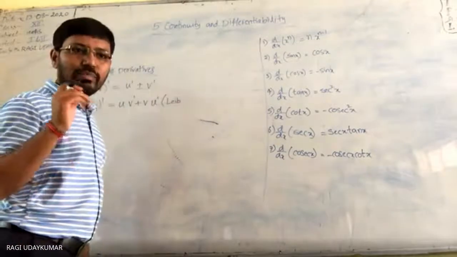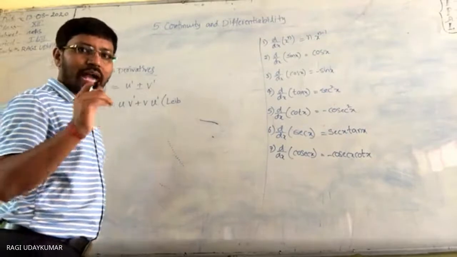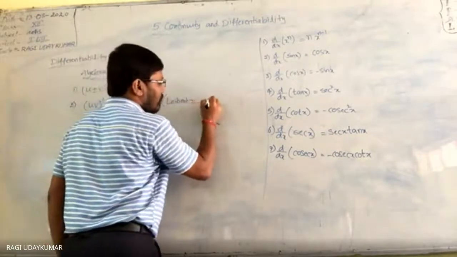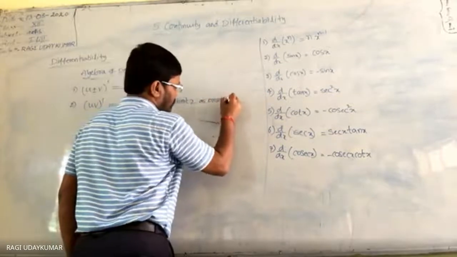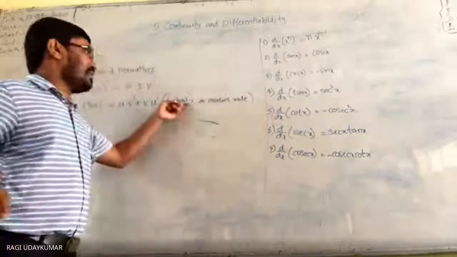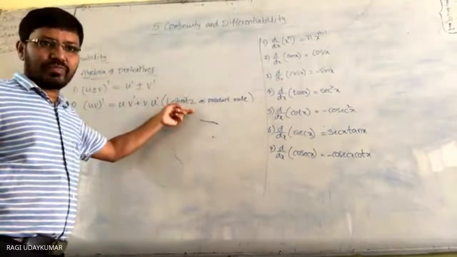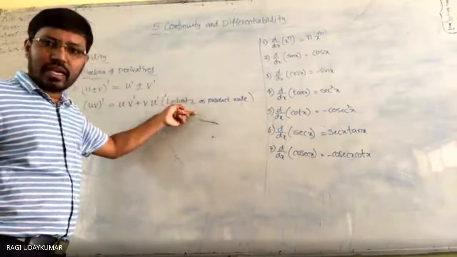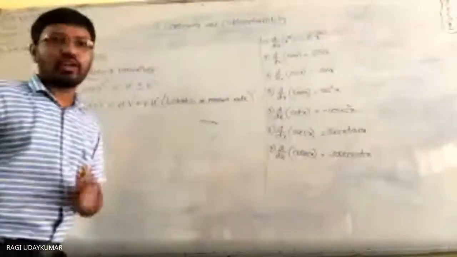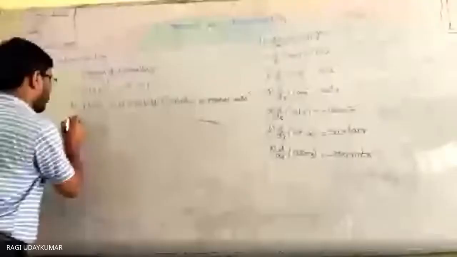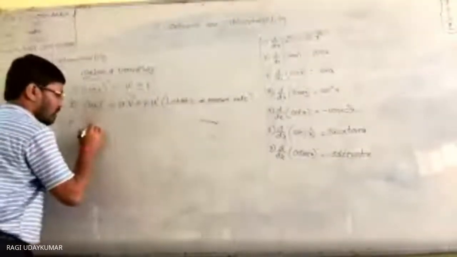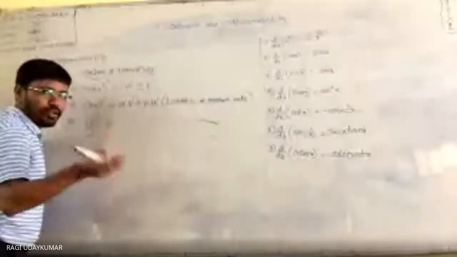What is called the product rule or Leibniz rule on product. It is named after the mathematician Leibniz, so you can say Leibniz rule, or usually we use the terminology of the product rule, both. Next, the third one is (u by v) dash. This is called the quotient rule.